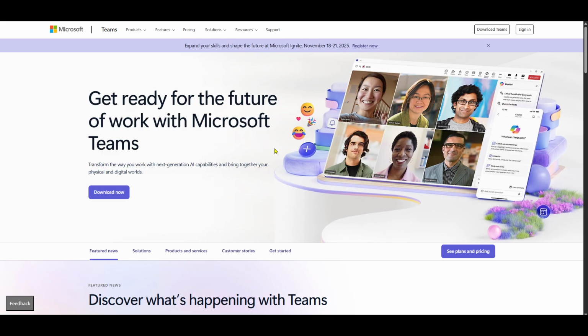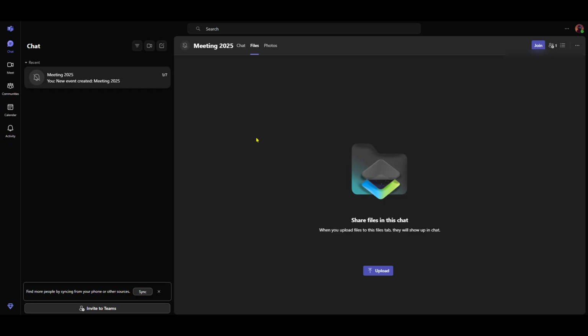Next, direct your attention to your profile picture, usually found on the top right corner of the screen. Clicking your profile picture is a pivotal step, as this is where you'll find all the options related to your account settings and status personalization. Once you click your profile picture, you'll see a list of options. From there, proceed to select Set Status Message.